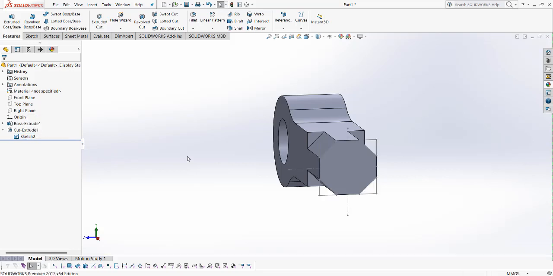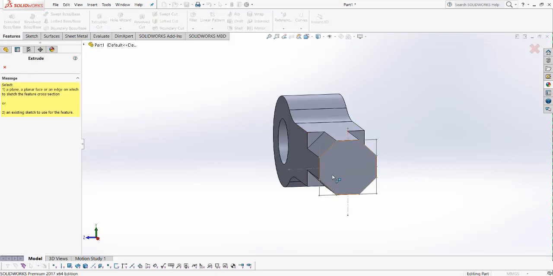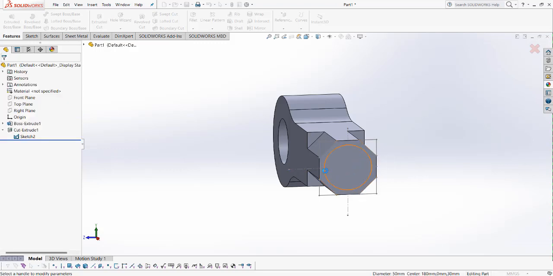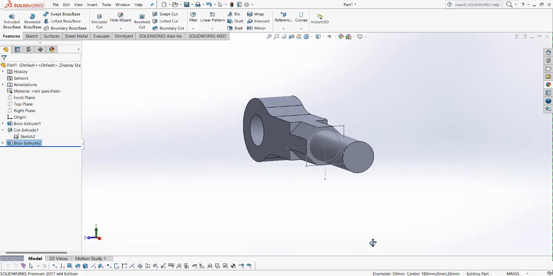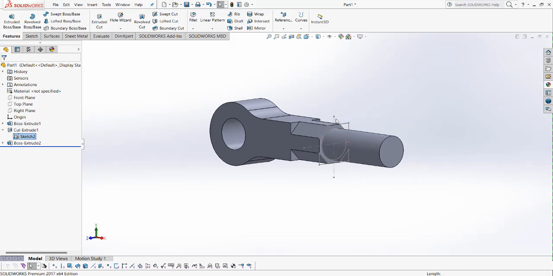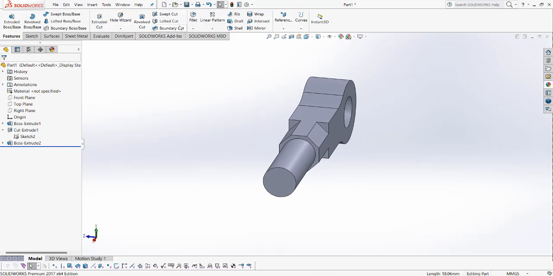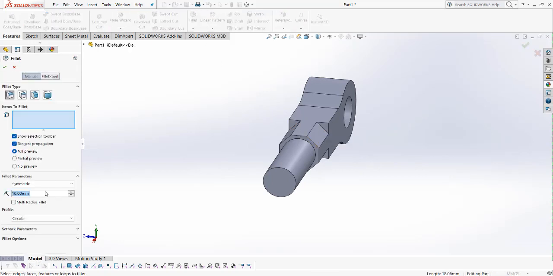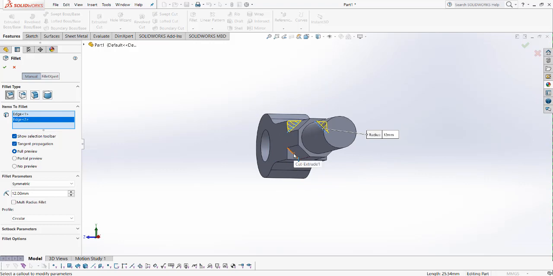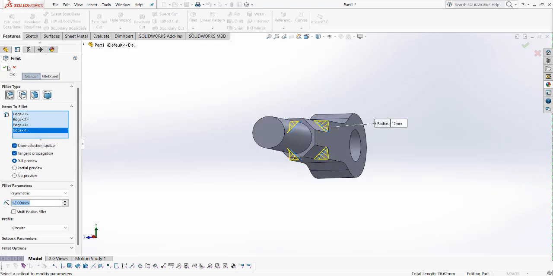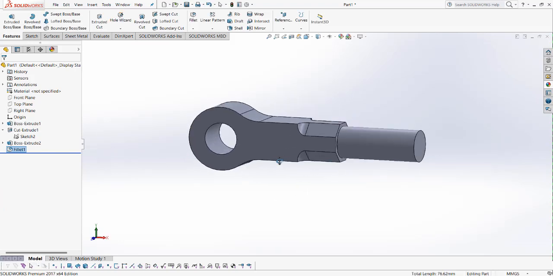Okay, now sketch visible and extrude this circle up to 120.5, like this height, and use fillet command, and the radius is 12, and select these corners. ये हमें ऐसे दिखेंगे।